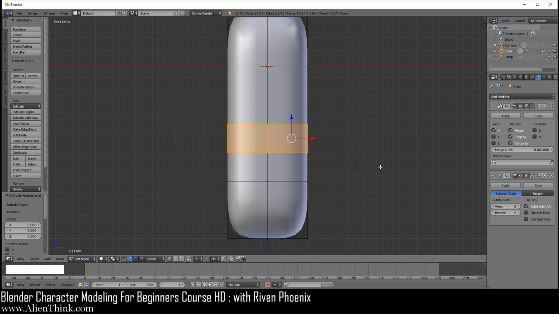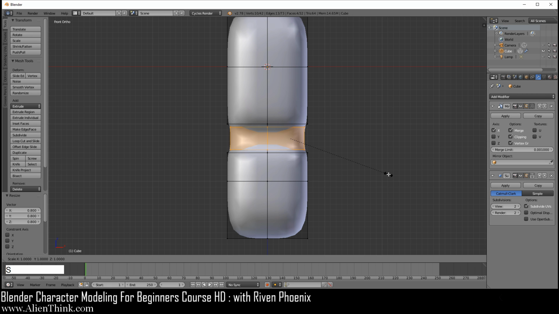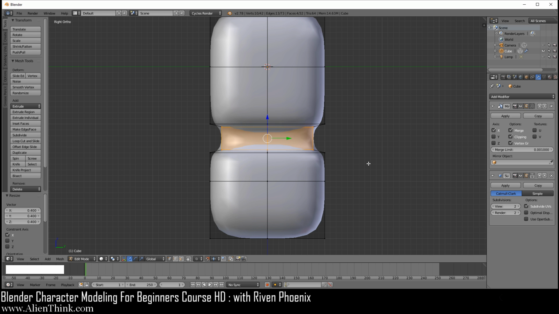Now I'm going to press S and scale 1 and then 2. Okay. Now I'm going to press S, and then if I press the letter X, it's going to allow me to scale on the X axis. So I'm going to do 1, 2, 3, 4, 5, and then 6. Now I'm going to go to my right view over here. Now I'm going to press the letter S again. I'm going to press the Y this time for the Y axis. I'm going to do 1, 2, and then 3.